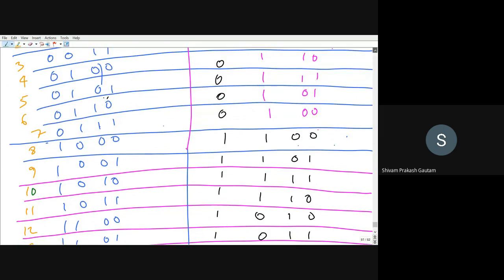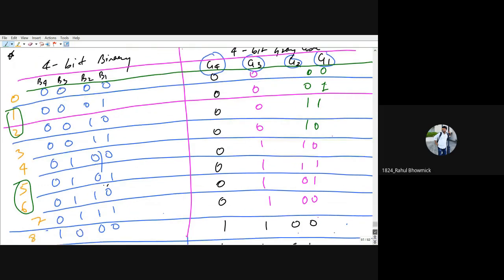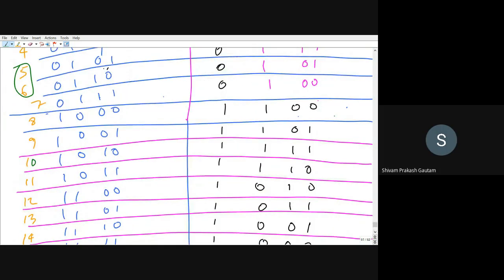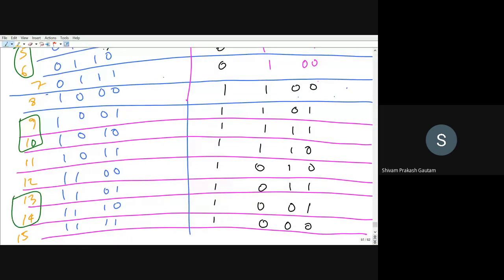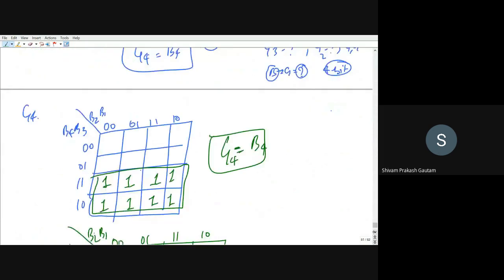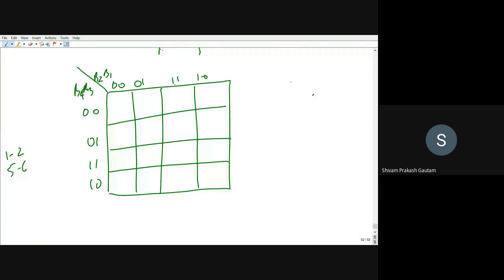So wherever G1 is high, G1 is high where? 1, 2, 5, 6, 9, 10, 13, and 14. So this is where G1 is on.